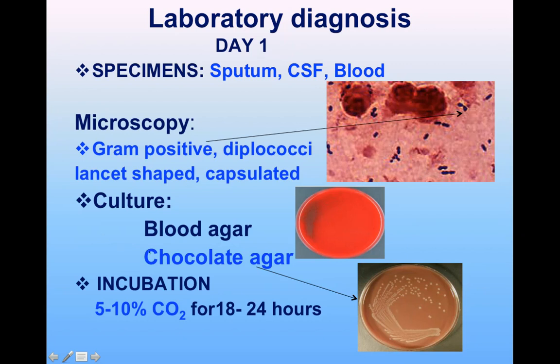At the same time, you're going to put up the cultures and you use blood agar plus chocolate agar. What is chocolate agar? Chocolate agar is heated blood agar. You heat the blood at 70 degrees centigrade till it becomes chocolate in color, and this is because the RBCs rupture and they give you this brown color. This is enriched media for Strep pneumoniae. After inoculation, you're going to put the plates in the incubator at 35 to 37 degrees centigrade, and you require 5 to 10% carbon dioxide for their growth. You keep the plates for 18 to 24 hours.